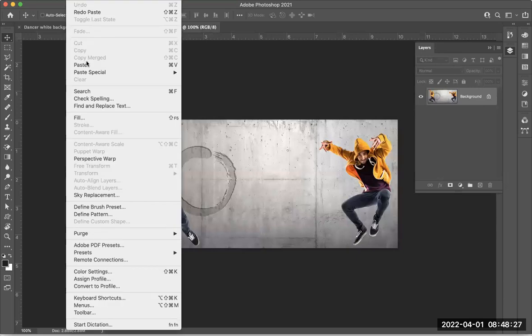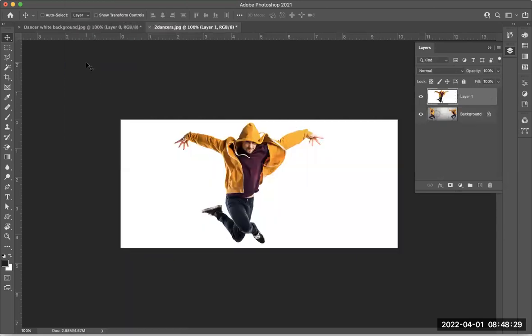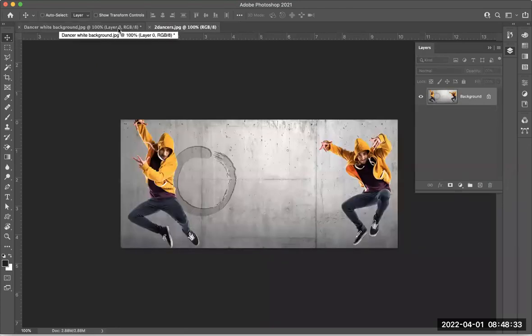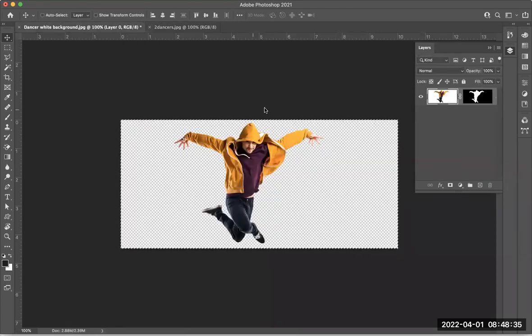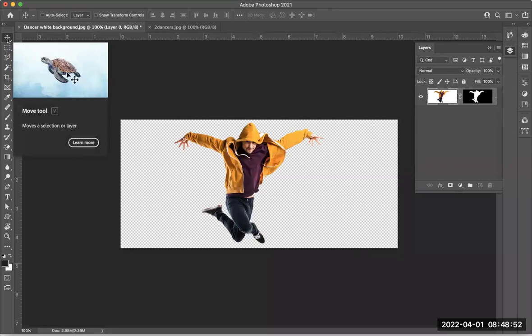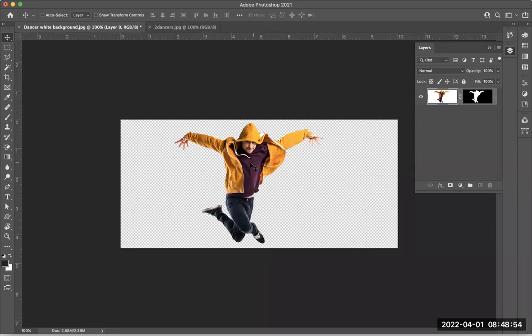And then paste. Okay. So that method does not work. The copy paste method does not work for this because it's still recognizing it as an entire image as opposed to it being masked out. So you will have to use the move tool method where you select the move